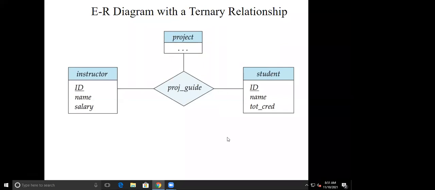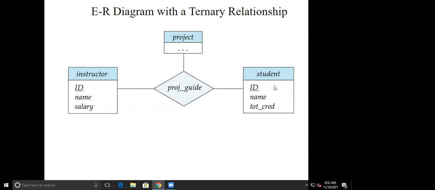So my question is whether the problem is clear to you, why we are discussing the ternary relationship. In case of ternary relationship, whenever we are representing the relationship between instructor and project, this many constraint gets applied to the student also. But in real life, I cannot assign multiple projects to a single student.